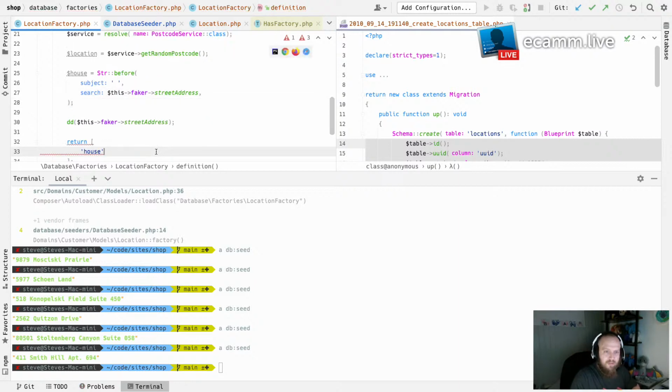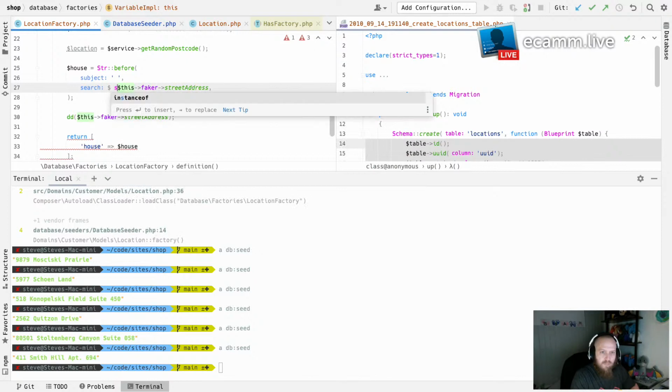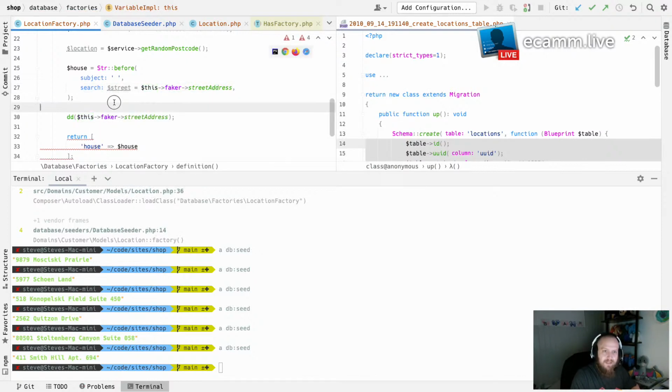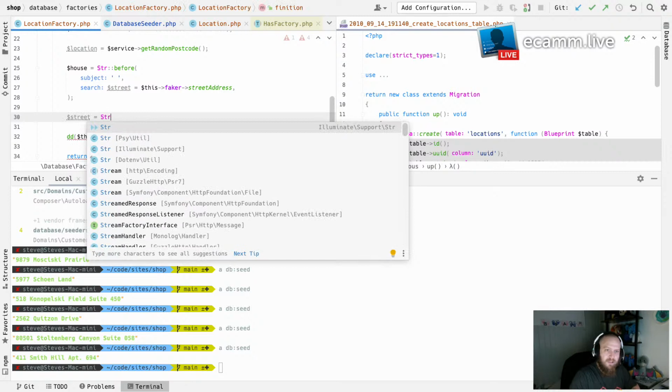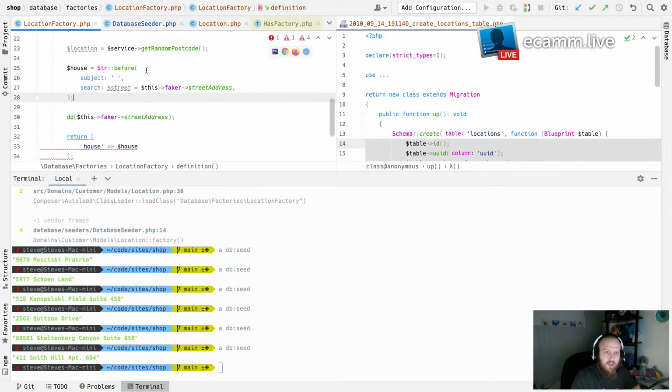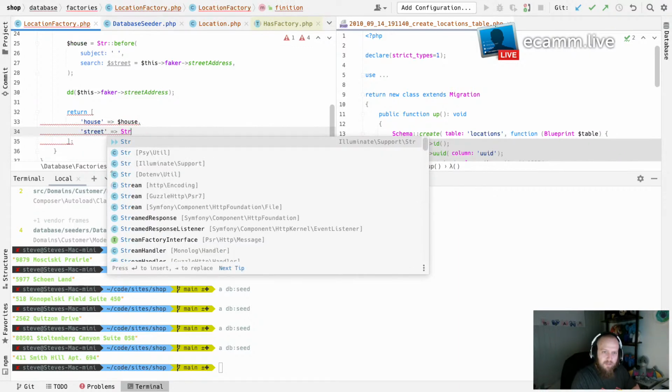That's a house. So a street like that. Then we can override street afterwards by saying street equals, actually no, we don't need to. We can just come down to here, there's a house. The street is going to be